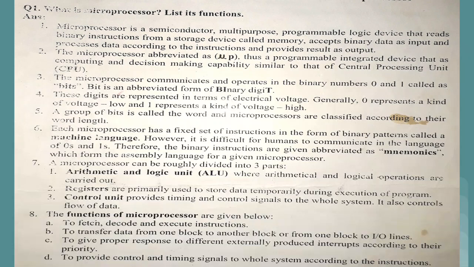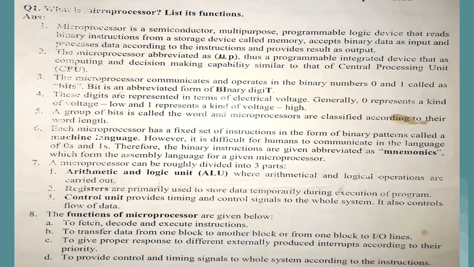After that, once that particular information is stored inside the memory, it will be processed. So basically in case of microprocessor, we store the binary instruction, or we read the binary instruction from storage device called memory, accept the binary data. Binary data means the data which is in the form of zeros and one. Normally we pass hexadecimal data, then that particular data is decoded with the help of instruction decoder into binary data. So binary data microprocessor accept as an input.